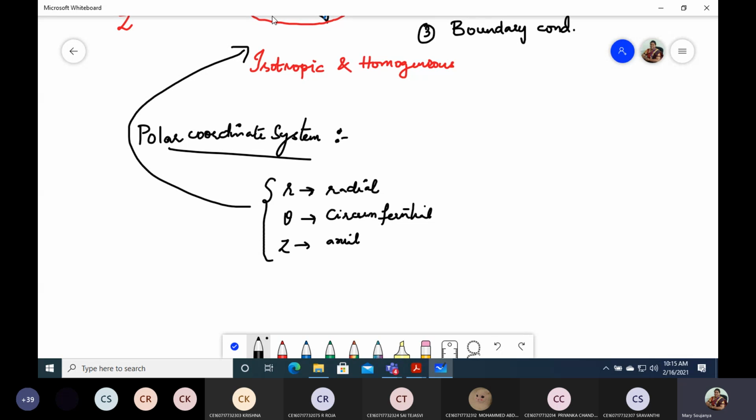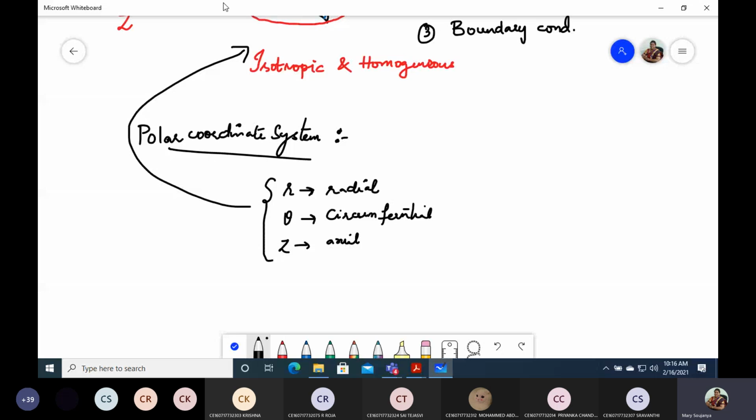If you open the PDF file that I have posted in the file section for FET channel, you can find a figure over there, the cylindrical coordinates. That will explain what is the direction of r, what is the direction of theta, and what is the direction of z. Now, when we are doing the analysis for axisymmetric problems, there are certain conditions that it has to satisfy.